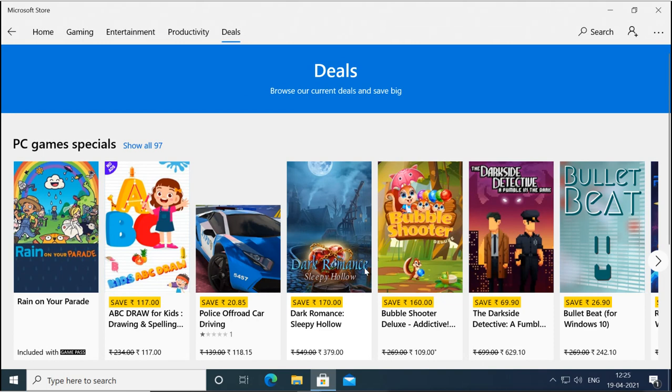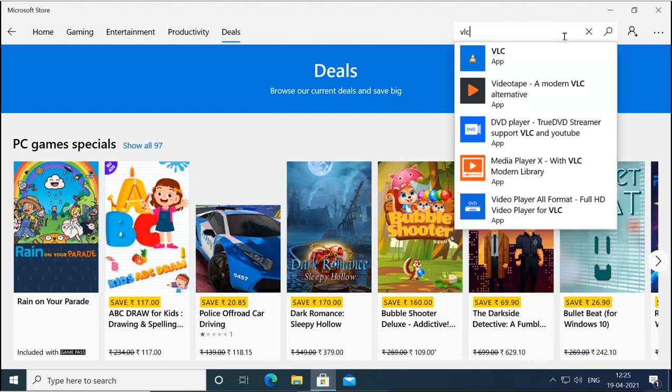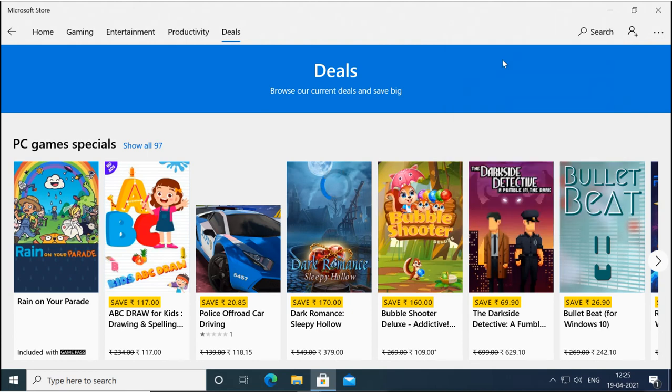Now if you want to find some application, you can search for it from here. Like I want to have VLC player. So I searched for VLC and it is searching.